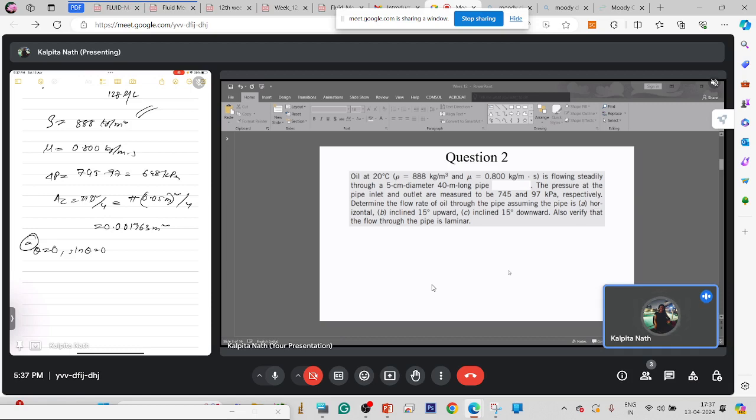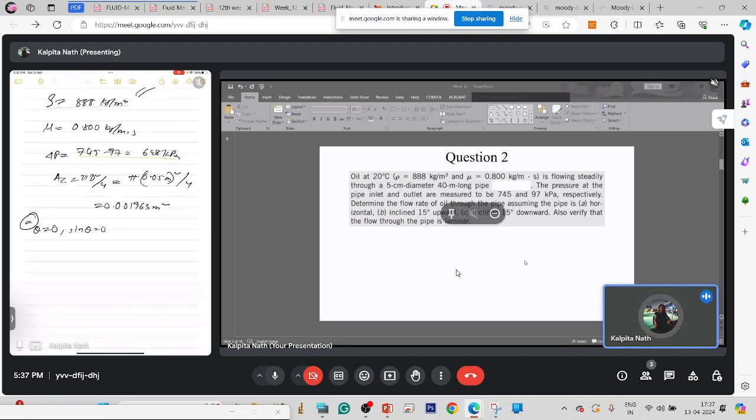I think we should proceed with the solution. So what will happen is that, first case it is horizontal, that means theta is 0, sine theta is 0. So for this,